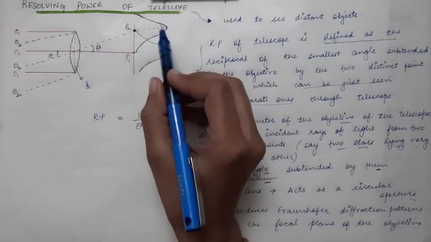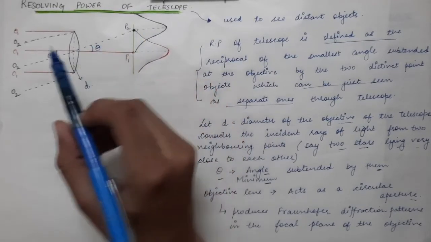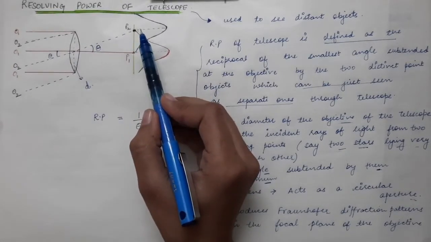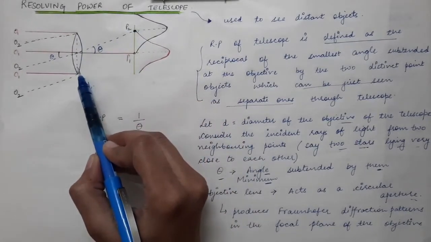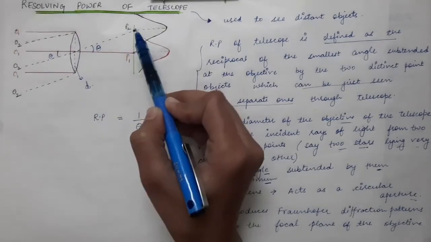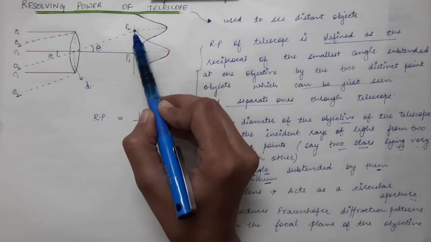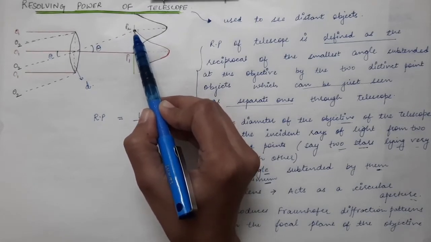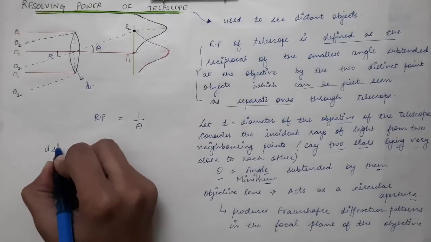So in this condition the Rayleigh criterion is achieved, and at the P2 point we have the first minimum, which is caused by the diffraction from the O1 object. Now what is the condition of minima in the case of diffraction? The width of the slit is equal to d, and the angle of diffraction of this point is theta. So what is the condition that at the P2 point we get a minima?